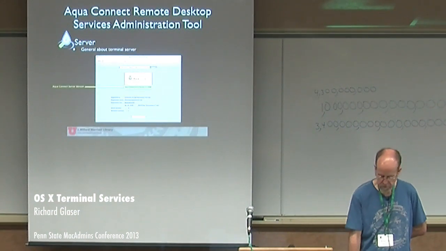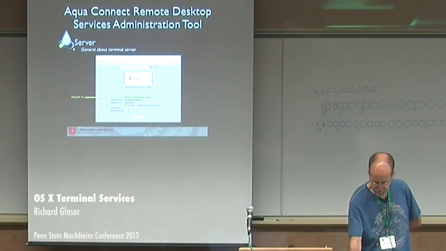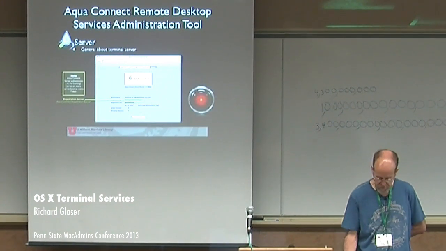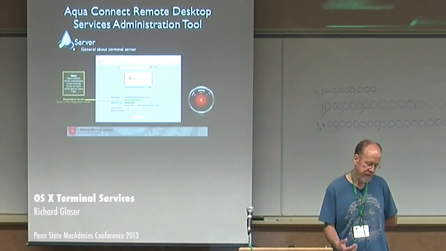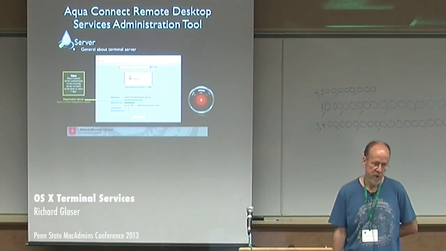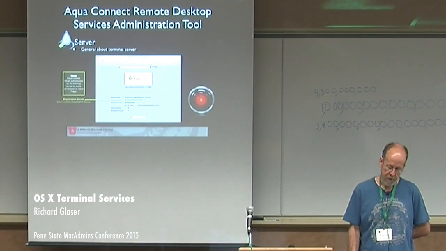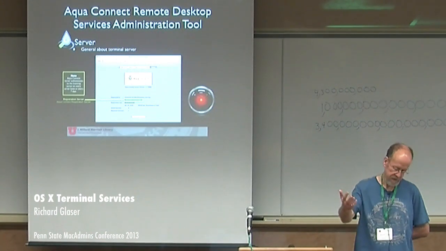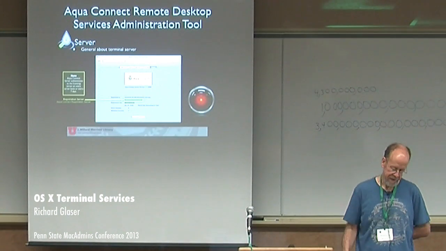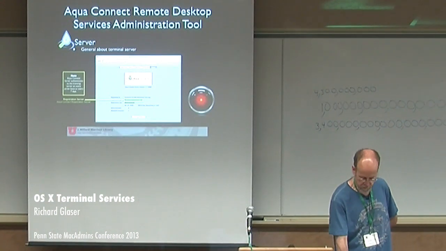General basically gives you the Aqua Connect version, who it's registered to. The licensing server. So with Aqua Connect, basically you have to phone home and authorize your use of the software. It does it after a reboot or every 7 days. If you're in an environment where you don't want to allow someone to log into an external source, they'll actually set you up with an internal licensing server for your environment. For us, that wasn't that big of a deal.